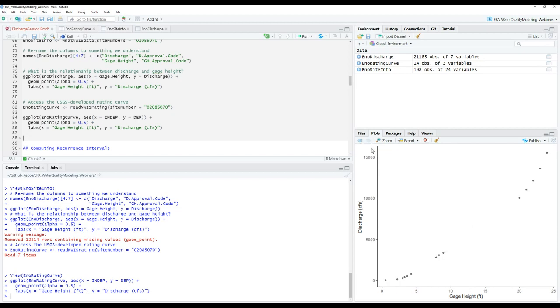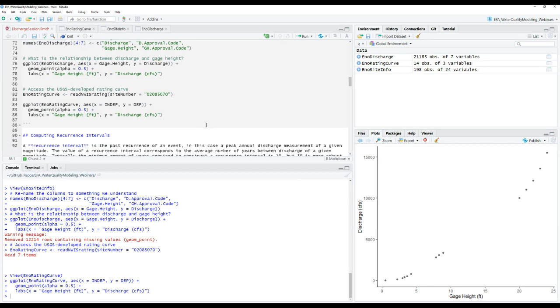And if we sort of toggle back and forth between those two visualizations, they look pretty similar. So not exactly surprising, because the information in the first graph was made up of this rating curve that was developed by USGS. So really handy thing to just have a look at the rating curve. Again, mostly we're working directly with discharge data, but I think this is a nice illustration of the basis of these tools that are really rooted in people being out in the field and measuring those things so that we have these nice data tools.